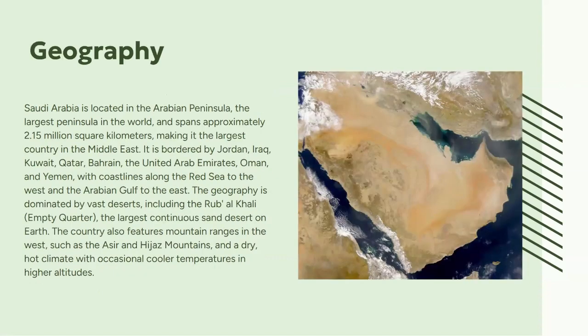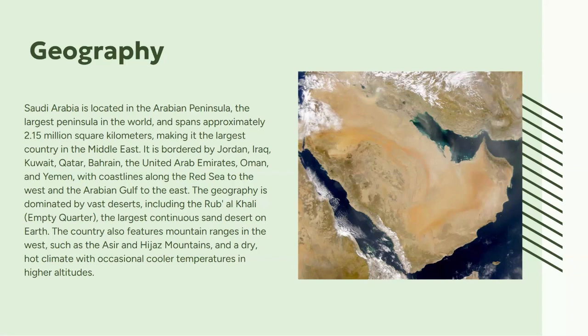So next is its geography. So Saudi Arabia is located in the Arabian Peninsula. It is the largest peninsula in the world and spans approximately 2.15 million square kilometers, making it the largest country in the Middle East. It is bordered by Jordan, Iraq, Kuwait, Qatar, Bahrain, and the United Arab Emirates, Oman, and